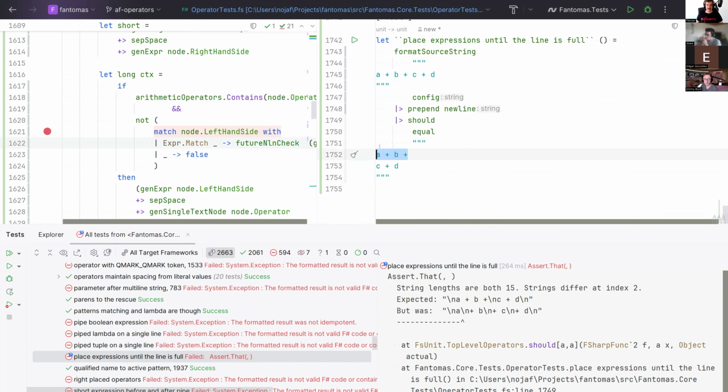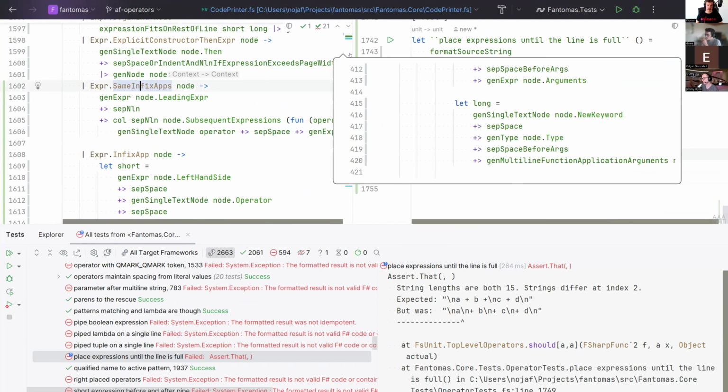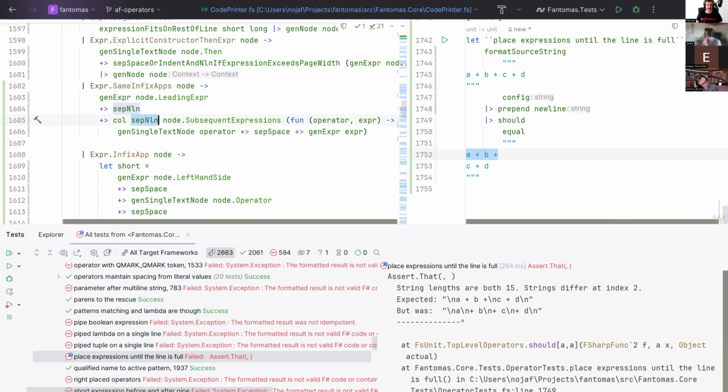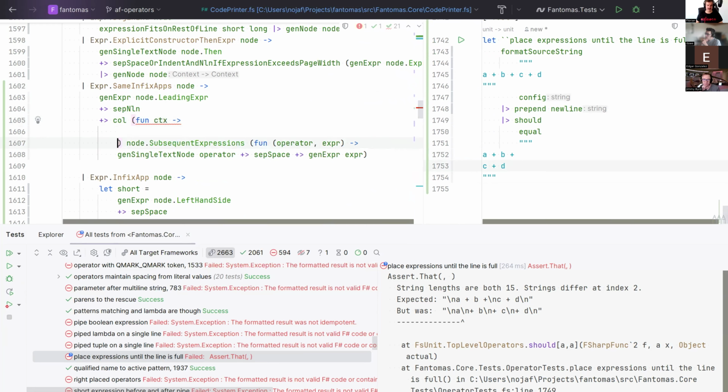And there's a lot of difficulty in having this kind of behavior as well. So we're going to have our same infix. And instead of putting in a new line over here, we should have something more clever and tell us, can we still put this on the next line or do we need a new line? So this would need to be a function that takes a context and returns a context. And we need to check like,